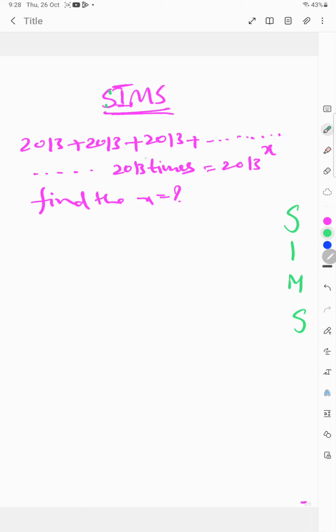Today's topic is: 2013 plus 2013 plus 2013 plus and so on, 2013 times, is equal to 2013 to the power of x. Find the value of x. So 2013 plus 2013 like this, 2013 times. So 2013 into